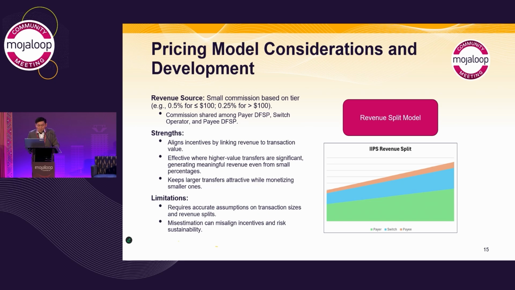So remember, our pricing activity should not be one-time or final. We need to improve our assumptions with new findings. As we progress with the system, it is sort of a living document. We have to update and modify our model from time to time. So for country X, after much analysis, the revenue split model was recommended, as it better supported the goal of inclusion and balanced incentives for all participants.